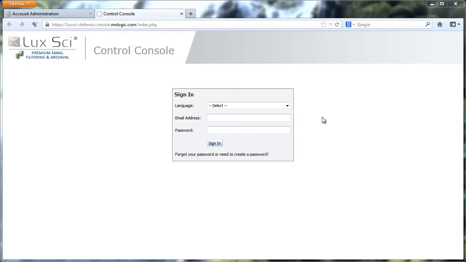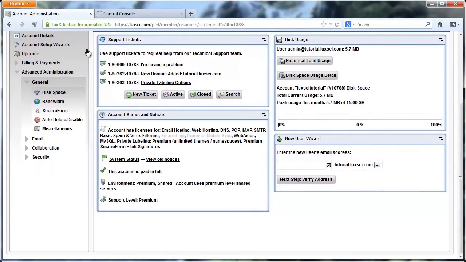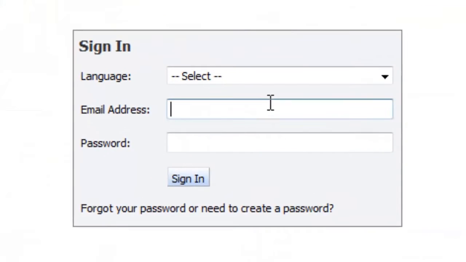First thing you'll need to do is check the support ticket that was created with your account. You'll see in there that we've updated it to include your username for your account. This is normally the default administrative account. In my LuxSci account, admin@tutorial.luxsci.com, that's the user that was created for the control console here. So let me type that in,